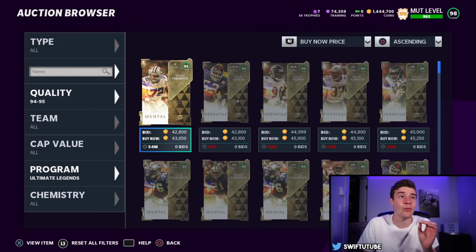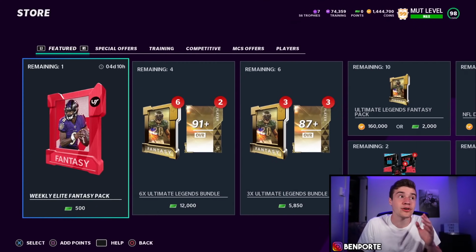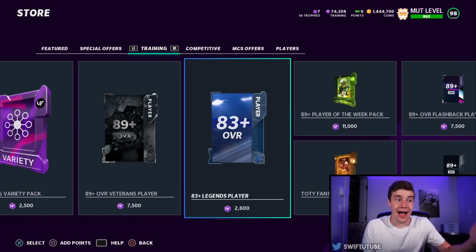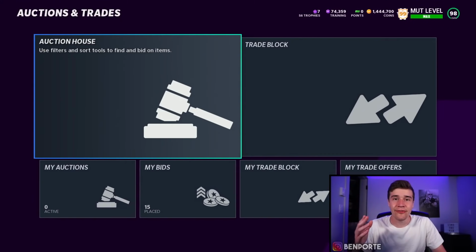Now, when we apply that 1.6 number to the price of that legend pack, that is going to mean we're going to do a little bit of multiplication right here. So we're going to multiply the pack, which costs you 2,600 training, by 1.6, and that gives you an answer of 4.1k, which essentially means that you're going to spend about 4.1k coins every single time you open